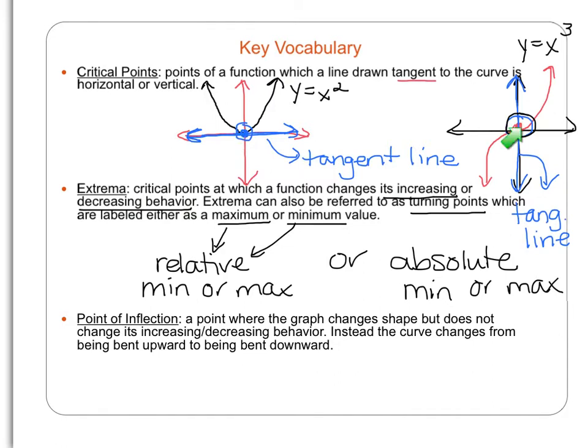Here, this point is called an inflection point, which we're going to talk about in a minute. This point right here is called a critical point or a point of inflection, and the function is not switching from increasing to decreasing here. Rather, it is going to change its concavity, or the way it's bent. Right here our function's bent downward, and here our function is bent upward, or curves upward, and here this function